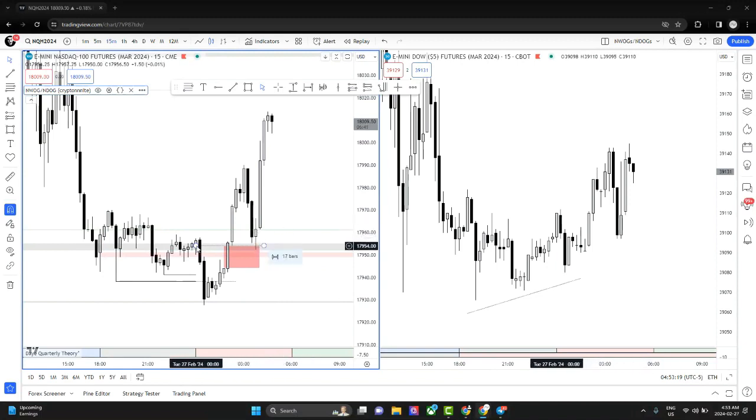Why? Because it needed to find this opening price right here, which is the opening price of Q2, which is the true day open, right? And the true day open overlapped with this new day opening gap and this fair value gap and this breaker,